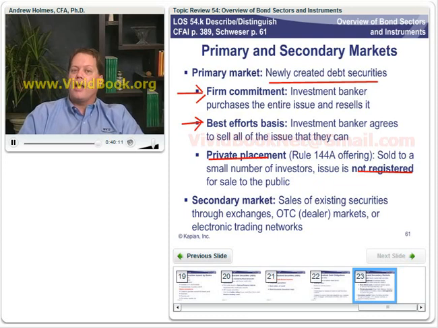Okay, and then after the primary markets, of course, we have the secondary markets. This is a sale from one investor to another, and the value of an asset in the primary markets is critically dependent on the sale in the secondary markets, because if you don't have a secondary market, then the primary market prices are going to be much lower. And that is our discussion here when we're talking about these different sectors of the bond market.